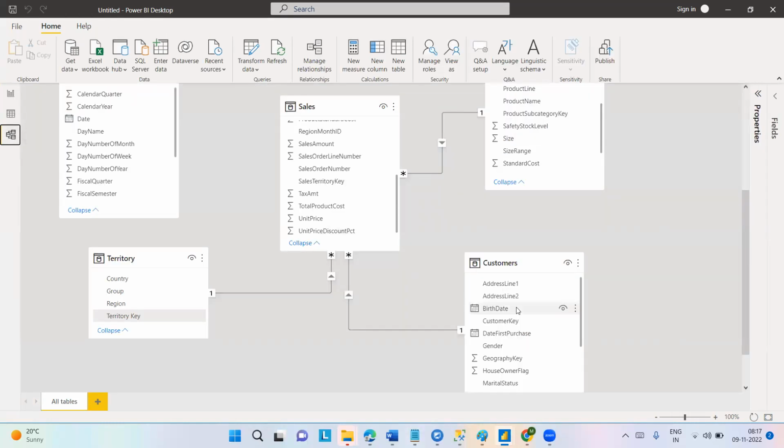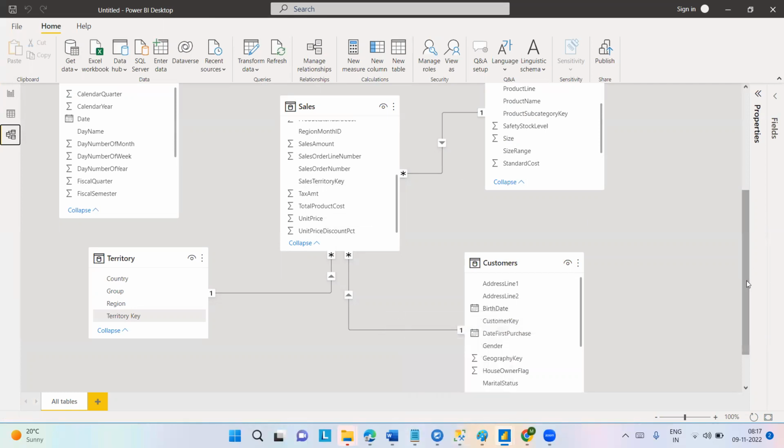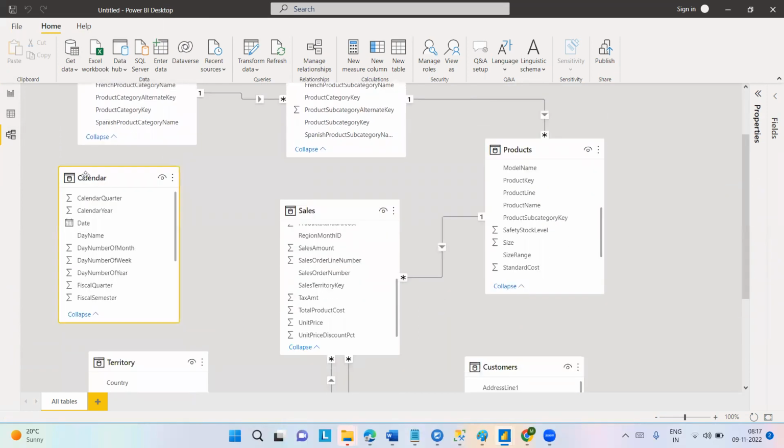Okay, so coming back to this one, that's how we create the relationship. The next job is to establish the relationship between calendar and sales. So what is the need for establishing a calendar and sales relationship? If you remember, we talked about it when we were talking about the modeling part or data warehousing concepts. Every domain, be it healthcare or finance or a retail business, will deal with their data